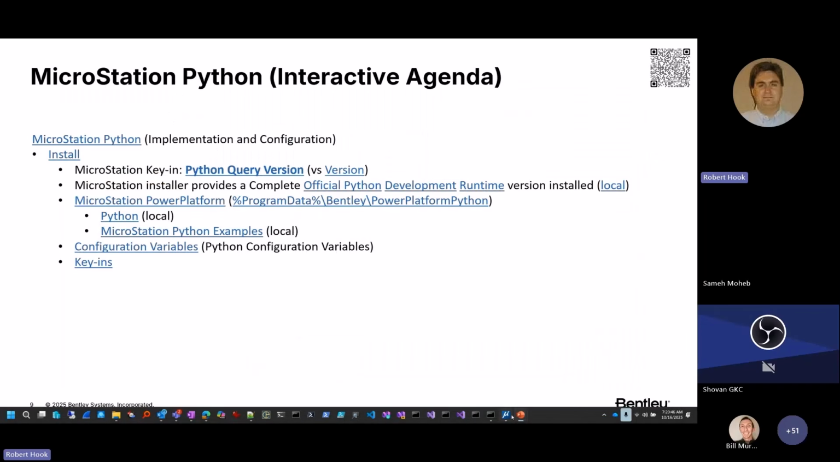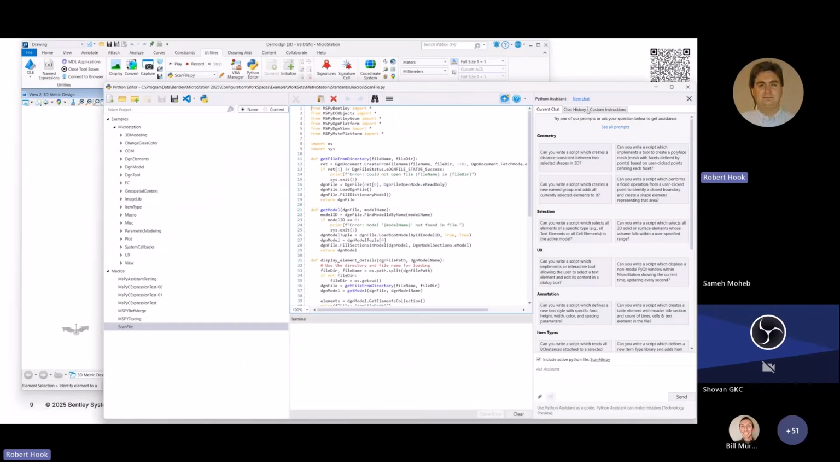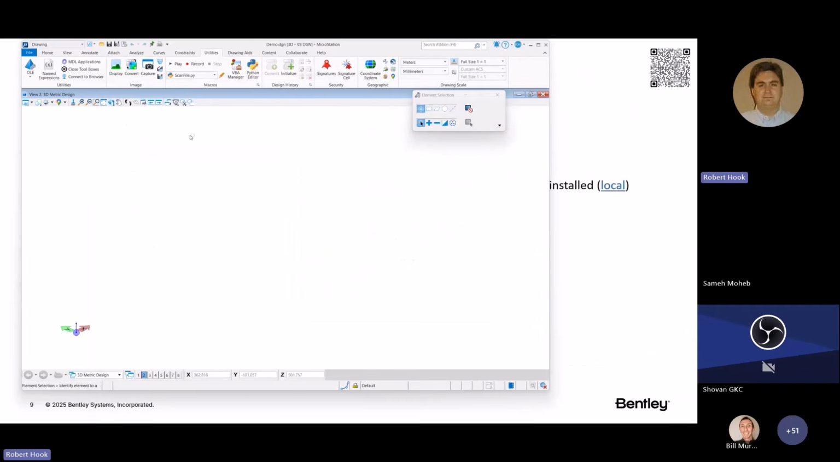Let me get my MicroStation up here. Okay, and I had that up. All right, so